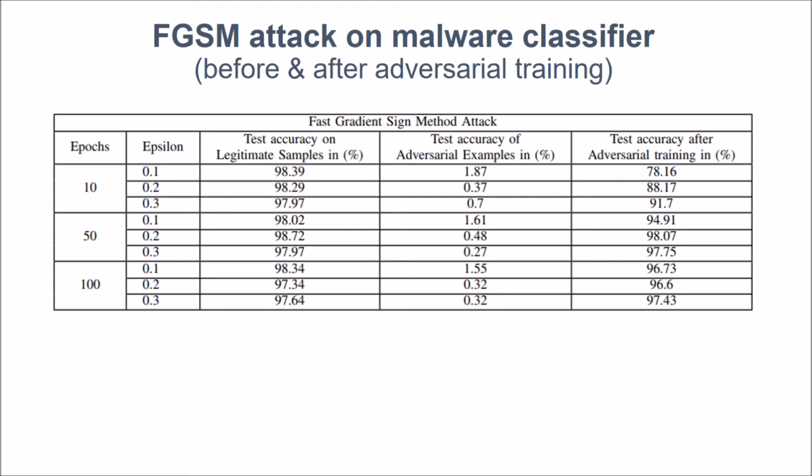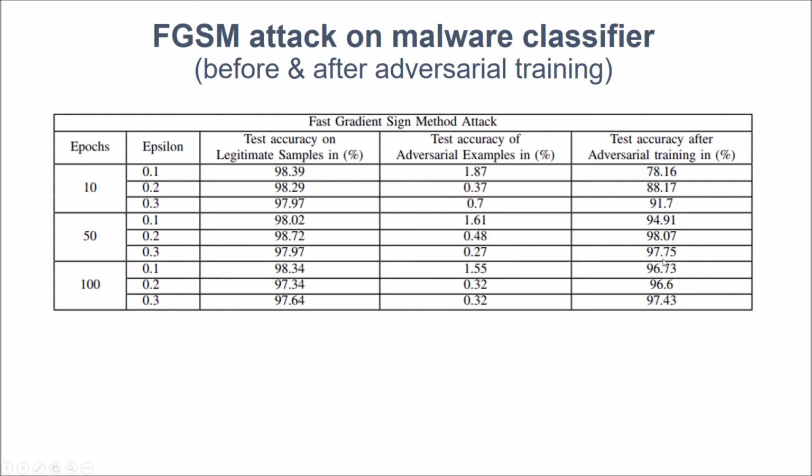Now we'll talk about the results. First, we have applied the FGSM attack on the malware classifier. This table is highlighting the test accuracies before and after adversarial training. The test accuracy on legitimate samples is nearly 99%. When you start throwing adversarial examples at that classifier, the accuracy falls from 98.39% to 1.87%, which is actually a loss of about 97%. And when you retrain your model with adversarial examples, which is also called adversarial training,